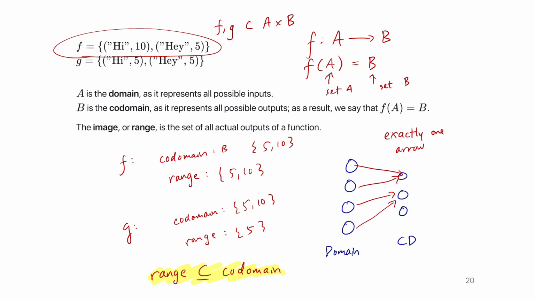Yeah? It's not always true that F and G are proper subsets of the product of A and B, right? It's like if B is only one element. Yeah, that's a good point. But if B has multiple elements, is it possible for it to be a non-proper subset? Or is it possible for them to be equal? No, because you have multiple outputs for each input. So just in this example, that's true. Well, in almost all functions you look at, it will be a proper subset.